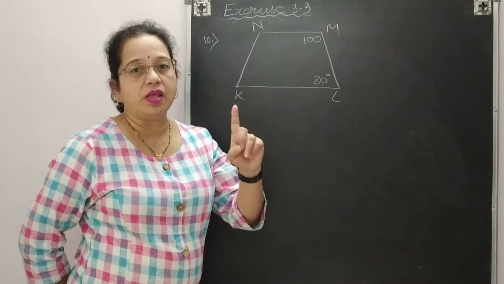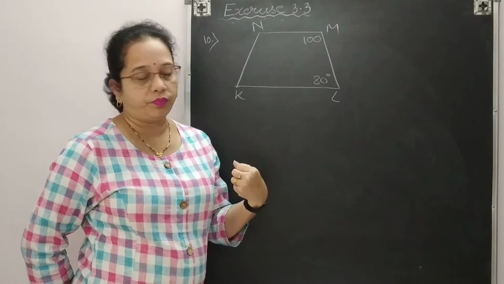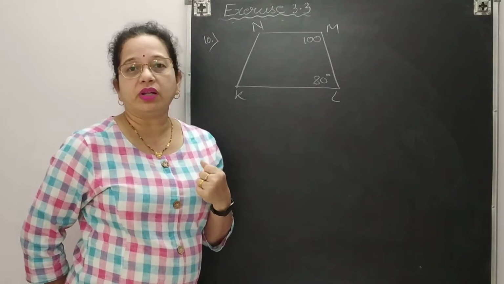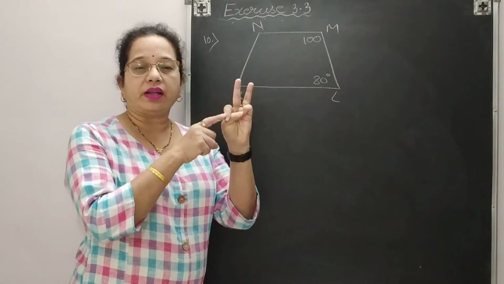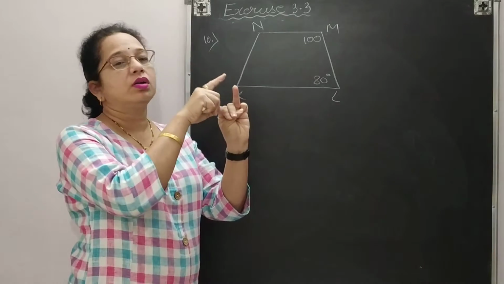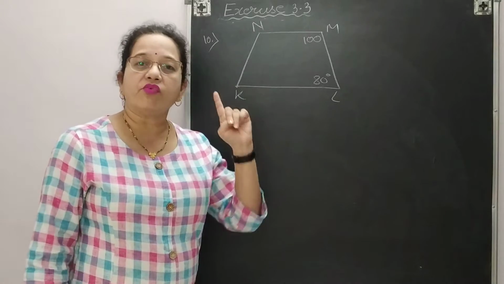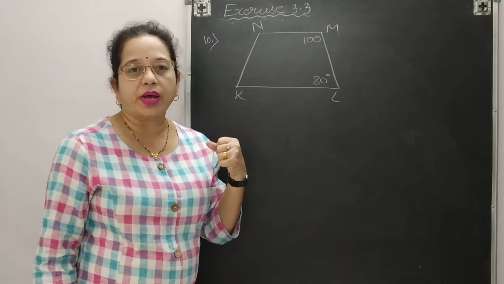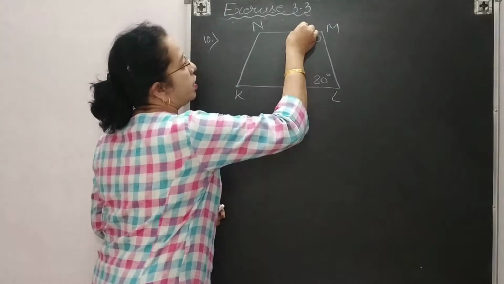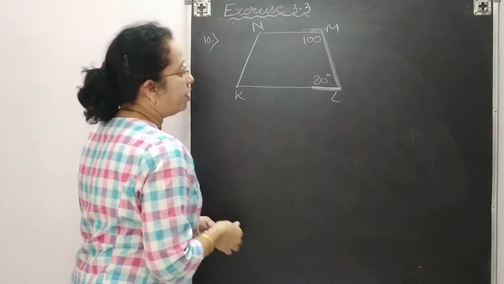In a trapezium, we have only one thing, one pair of opposite sides is parallel. Now the question is how to show that opposite sides are parallel. Grade 7 you have done. Three things are there: either alternate angles are equal, corresponding angles are equal, or sum of co-interior angles is 180 degree. Out of these three, if you can show any one condition, then we can say that lines are parallel. So now here you can say that these are the co-interior angles. We can assume, because these two are on the same side, you are getting C shape. So we will try with this.